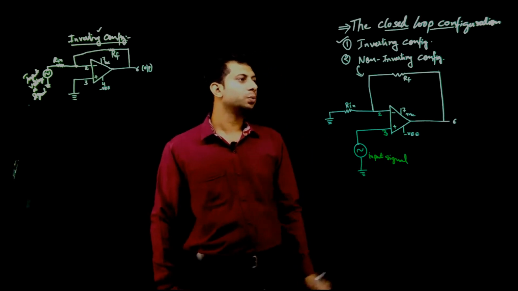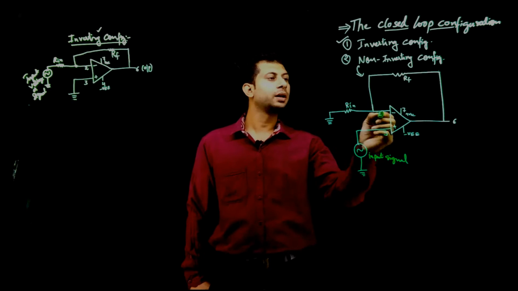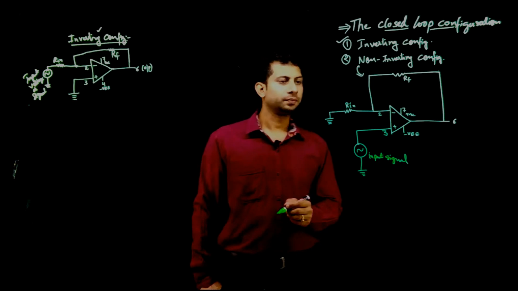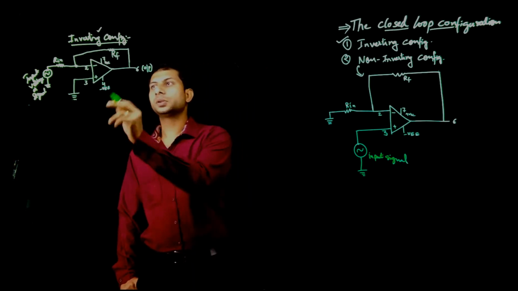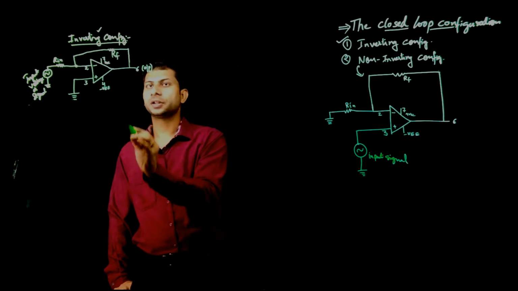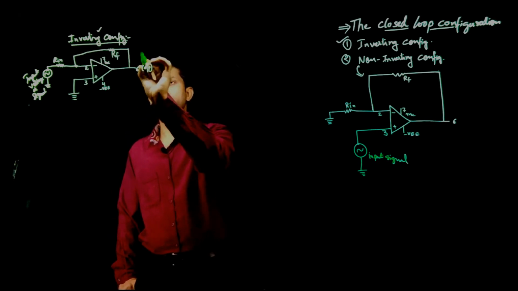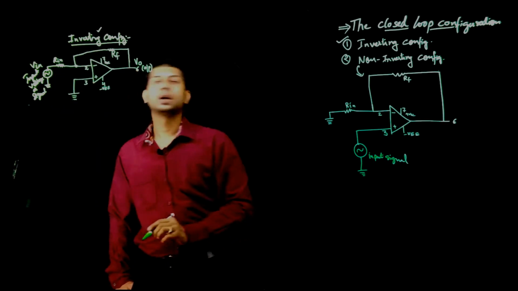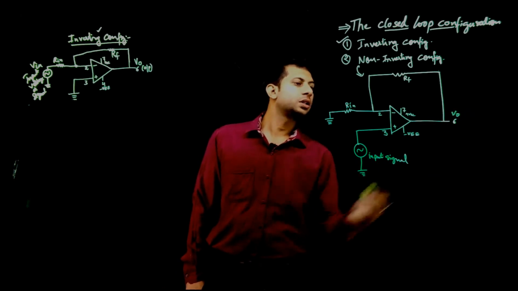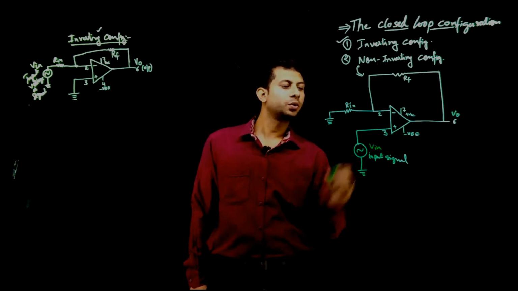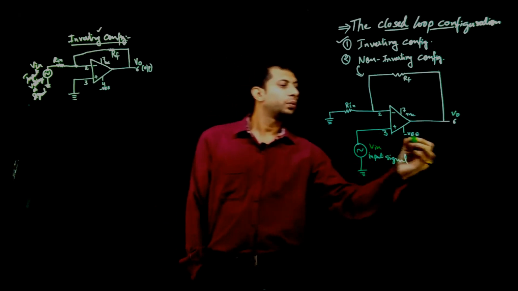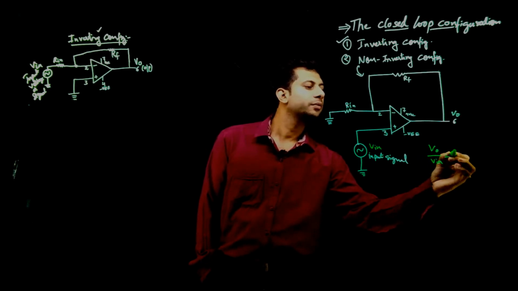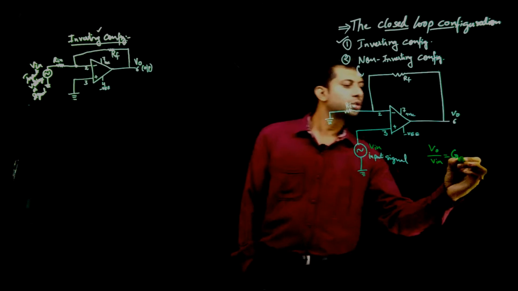And why is it closed loop? Because the output is coming back and makes a loop, or a closed path, for the system. Now, before deriving the output relationship for this, here VOUT is the output voltage and VIN is the input voltage, and similarly for this one, VOUT is the output voltage and VIN is the input voltage signal. Then the output upon input, that is the gain,